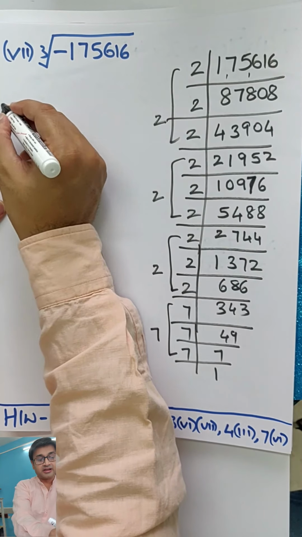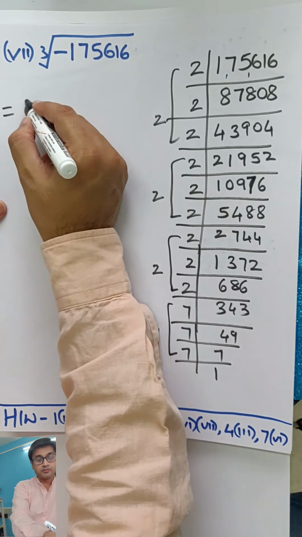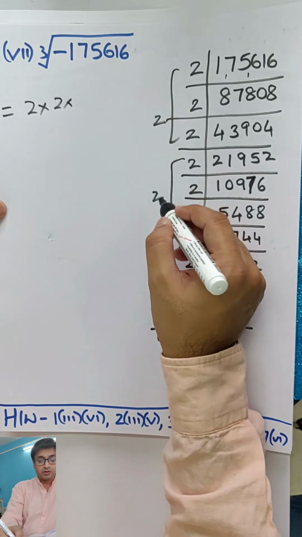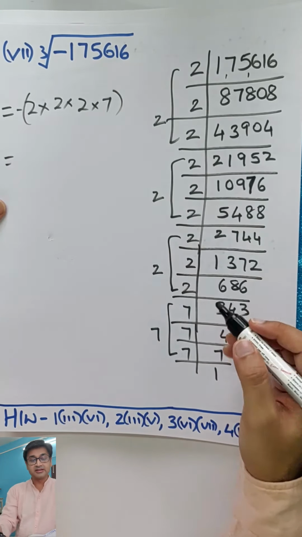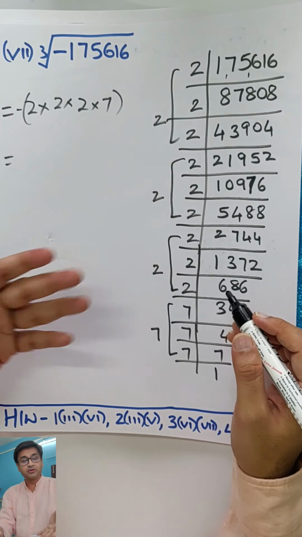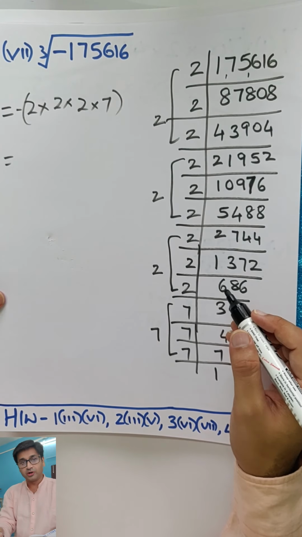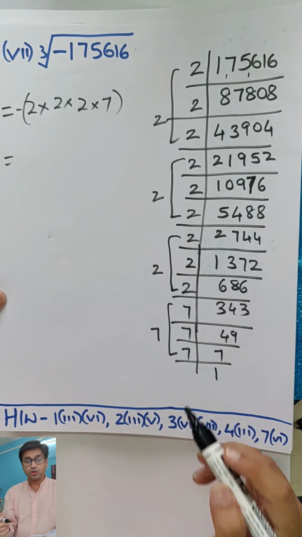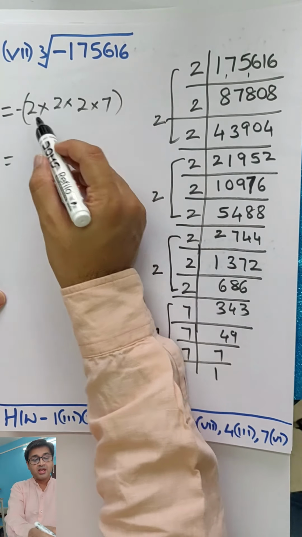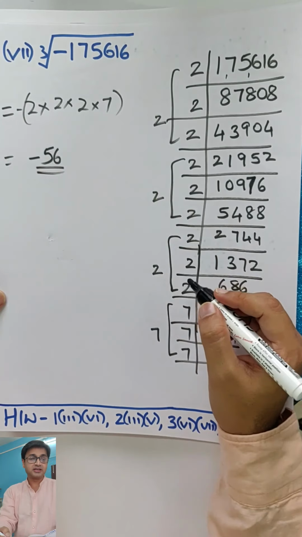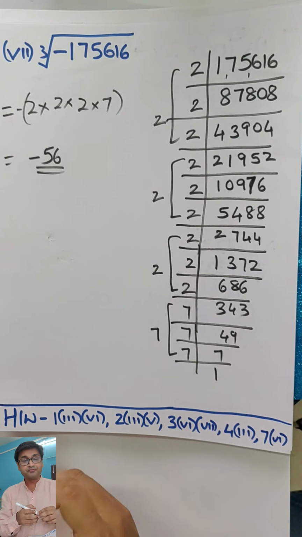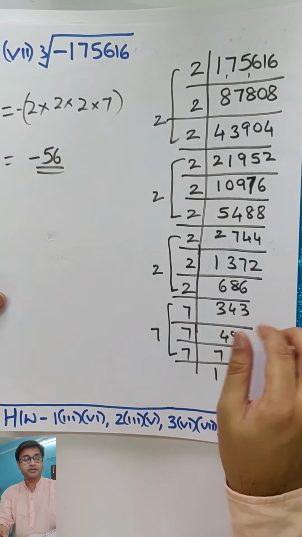So basically when I take the cube root, it is going to be 2 into 2 into 2 into 7 with the negative sign. I am writing this directly because if you write so many numbers, it's going to take a lot of time. If you want, you may even skip if you're showing these steps properly. So 2 2s are 4, 2 4s are 8, 8 into 7, negative 56. How many got this without my help? Pat yourself. Great job. Keep it up.